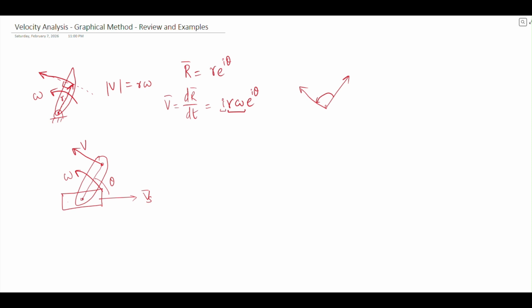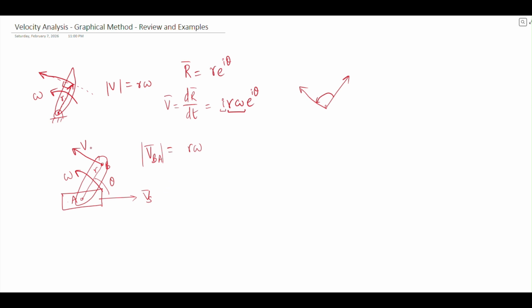This is with respect to this point, and let's say this point is called A and this point is called B. We can say VB with respect to A is given by this V, which can then be written as R omega. The magnitude of VB with respect to A is R omega,